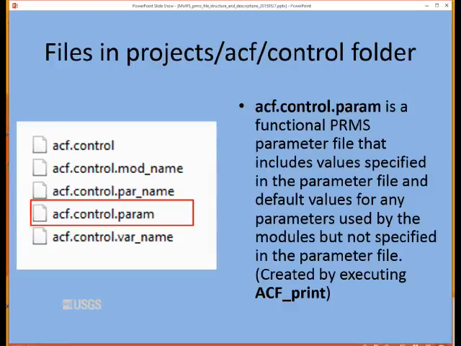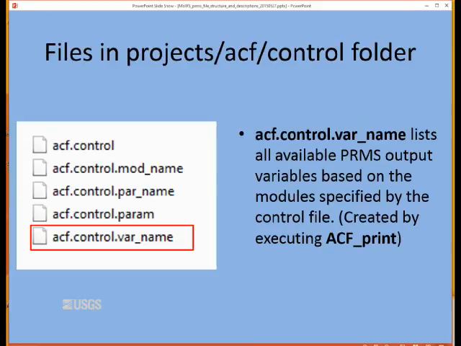Then if we look at the param file, the print command, actually, if you do have an existing parameter file, it will take that information out of that file and populate this file, but it will also add anything that your application of PRMS uses but may not be in your actual parameter file in the input folder. So if you've left off parameters, or maybe there's parameters that you never change the values of and you just want to use the default values, you can actually look at what those are in this file. So the benefit is, if you have an incomplete parameter file, you could actually take this file and put it in your input folder, rename it, and run the model with that one.